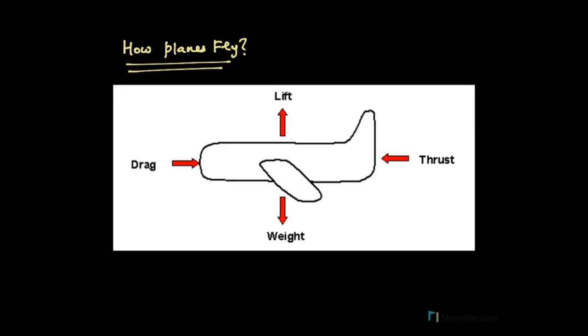In a normal plane, there are four forces that are acting. One is the downward weight of the plane, this one, the downward weight. The other is the lift. Now, what is it that is lifting the plane? This is what we are going to see by taking an example of an airfoil. So I'm going to use how the wings are designed based on the airfoil principle and how the plane gets